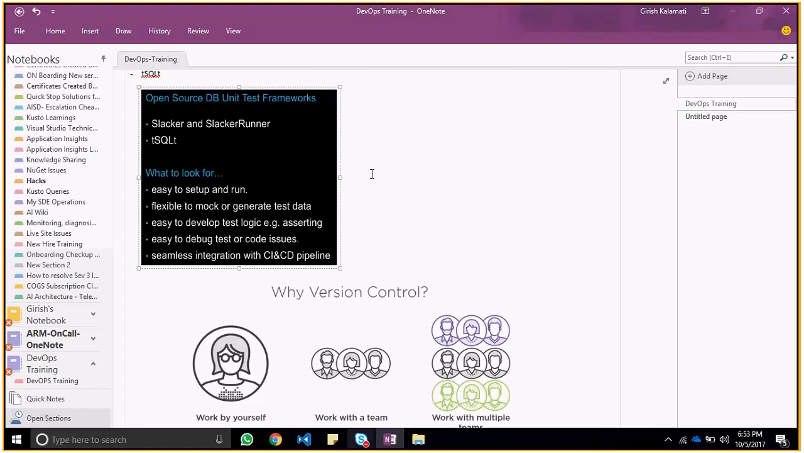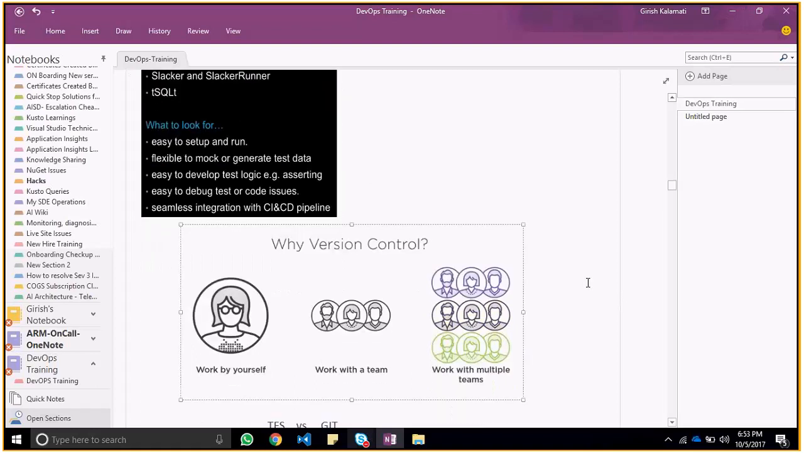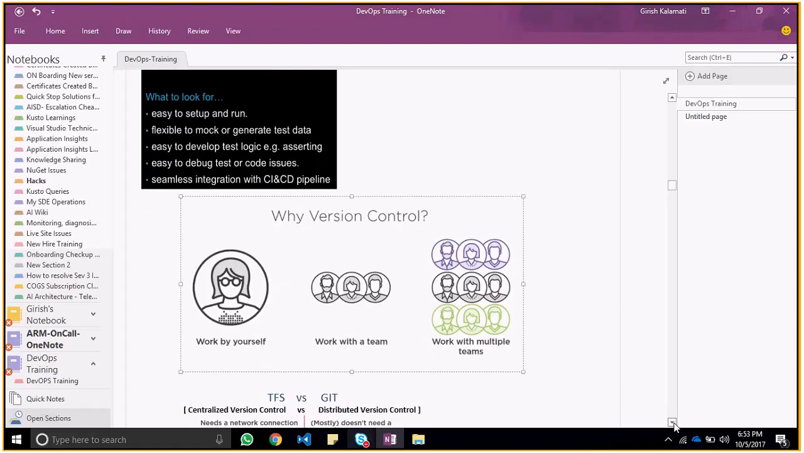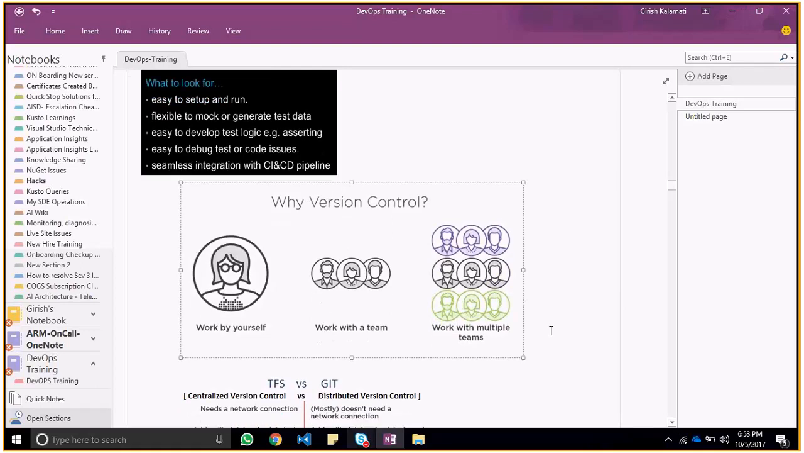It should be easy to prepare mock tests on top of your features or modules, and easy to develop test logic and make assertions, so that the results can pass these assertions and the test succeeds. And it should be easy to debug these test and code issues. And when we talk about DevOps, obviously these tools, or whatever new open source tools we're going to use, should have seamless integration with any kind of CI and CD pipeline. Okay,